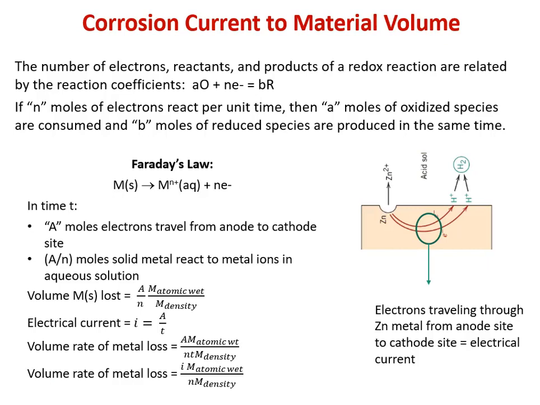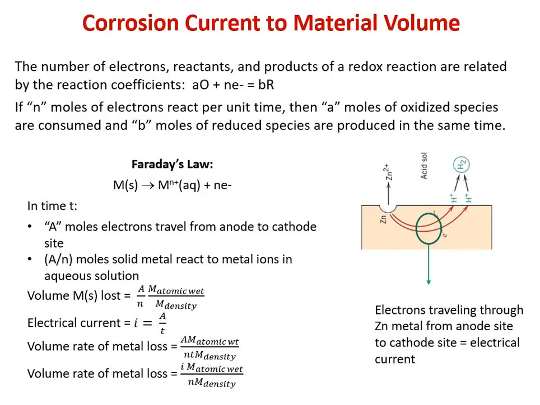So let's have a real reaction. Under the bold title of Faraday's law, we have a solid metal M, and it's going to give up N electrons to form an ionic species in solution. So it's an aqueous ion now with a charge of N+, so it has a valency of N in the positive because it gave up N electrons. So say we let that go for some time t. During that time we had A, we're just going to use the term A to represent some number. So in time t we have A moles of electrons,